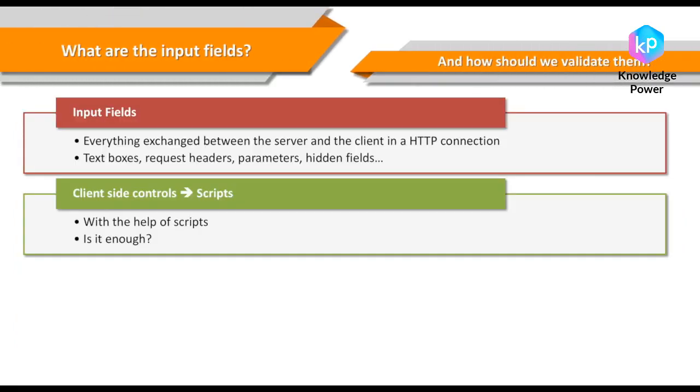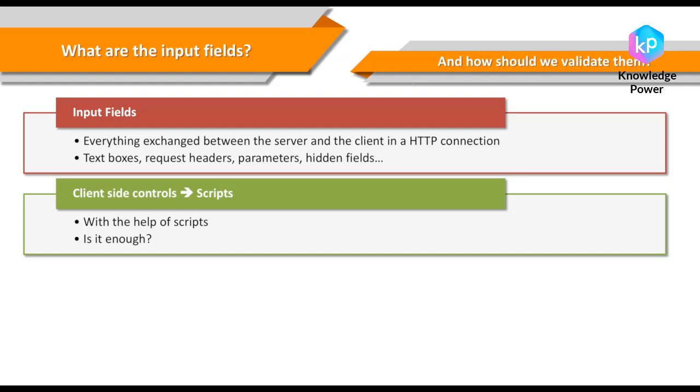So everything exchanged between the browser and the server are inputs or outputs of the web application: text or edit boxes on the web page, headers of the request sent to the app, hidden fields, or even a header that does not exist in the original request might be an input field for the application. To minimize the risk of threats, one of the most important principles is validation of input and output fields. When the input source is not 100% reliable, the input is not reliable and shouldn't be used inside the system